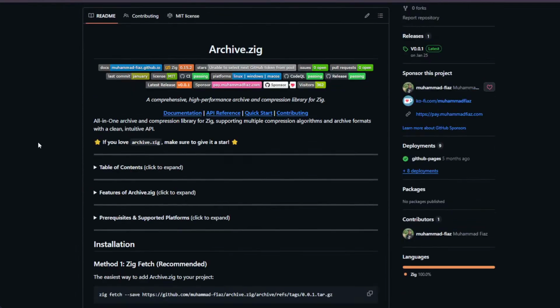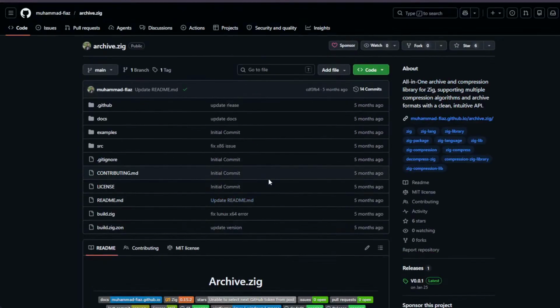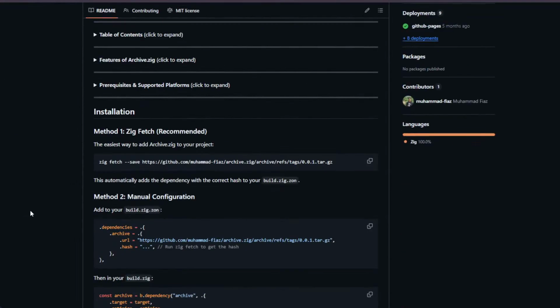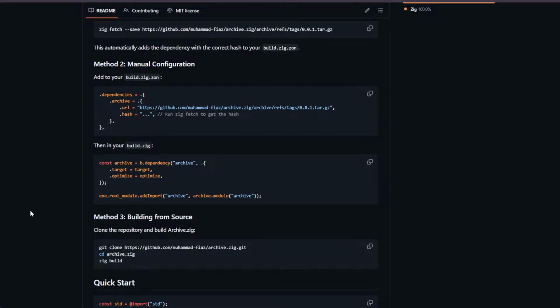Five months ago, it doesn't have 0.16. It might still work, but